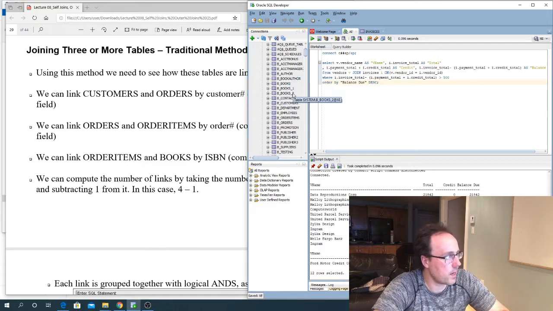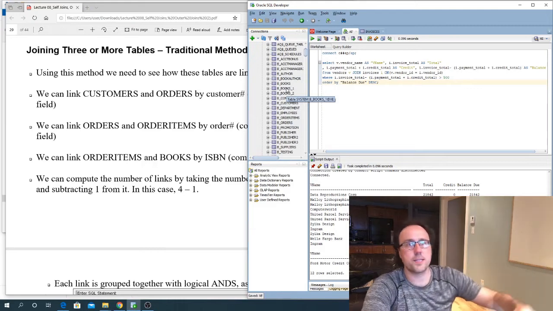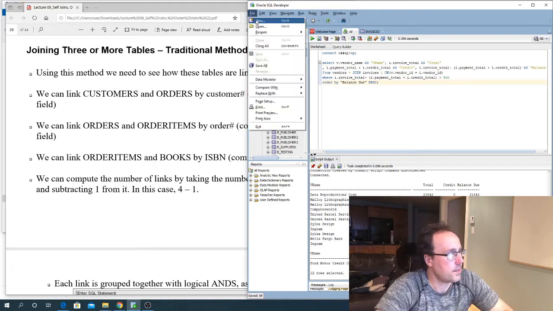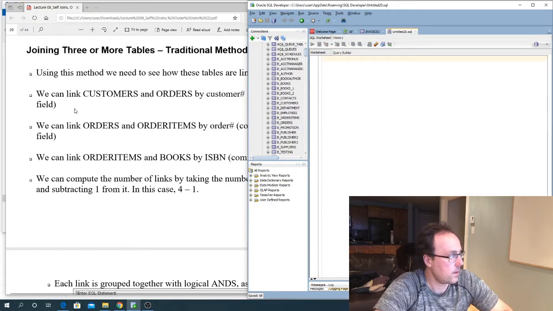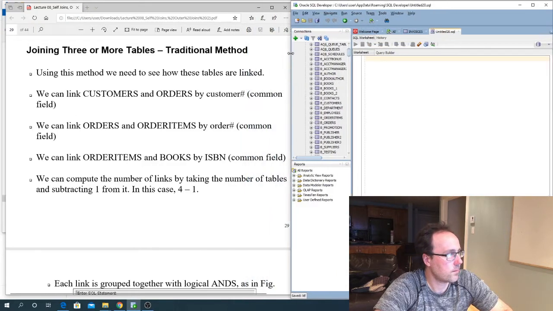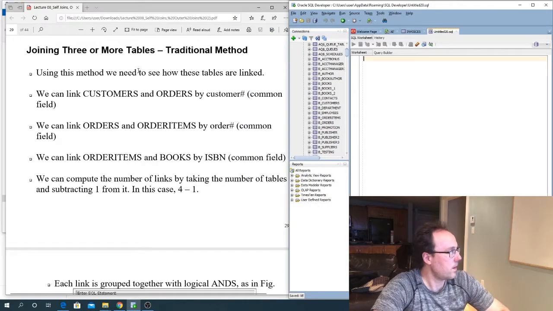So we see we have customers, we have orders and order items and books. These are the tables we'll use. So I'm going to create a new database file. All right, I'm all ready to go here. Okay,